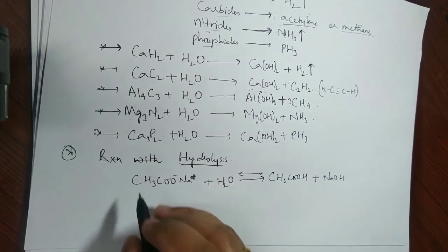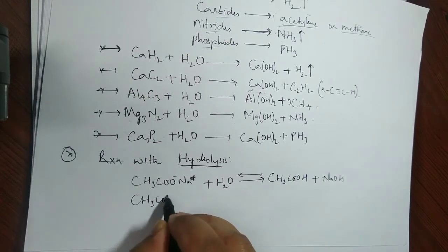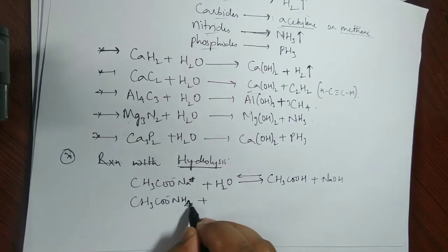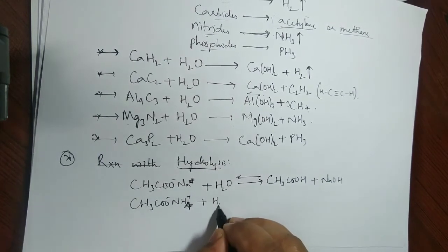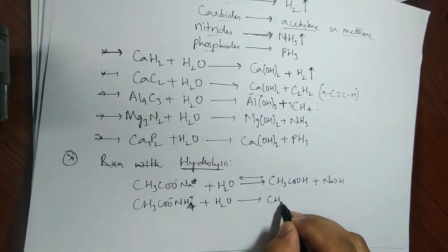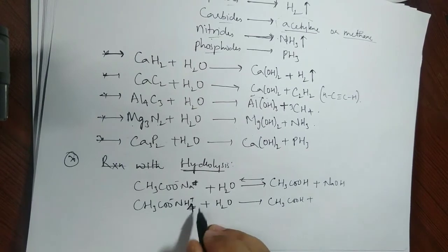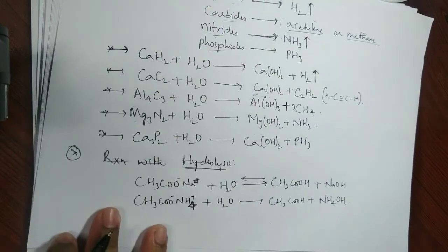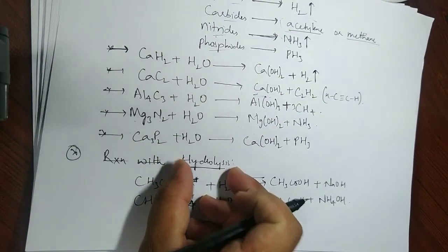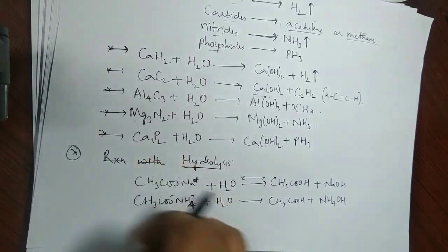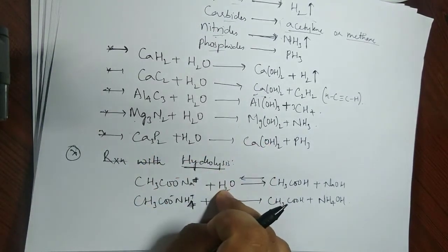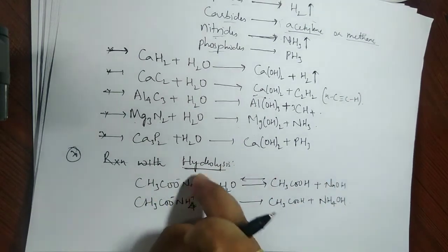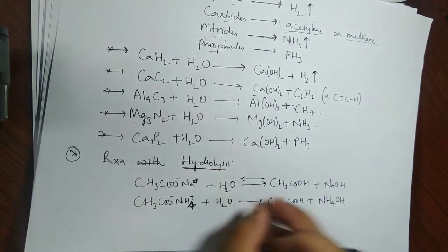Same way, if instead of sodium, suppose CH3COO minus NH4 plus is treated with water, same as usual, same story. What is that? CH3COOH plus NH4 will form its respective base, that is NH4OH. So on a whole, what we are calling is hydrolysis. In other words, these ionic compounds are breaking down in the presence of water. Such a process is called hydrolysis. Lysis means breaking off. So ionic compounds are broken off because of water.